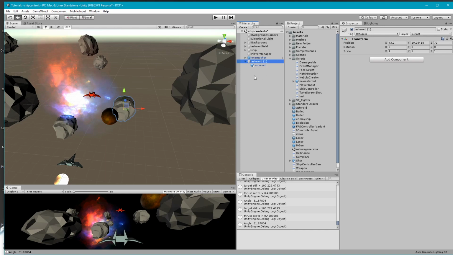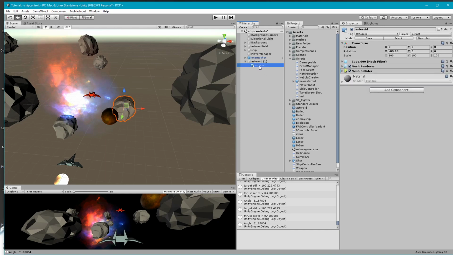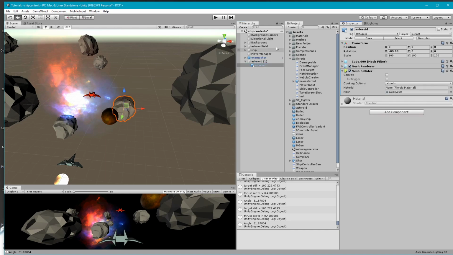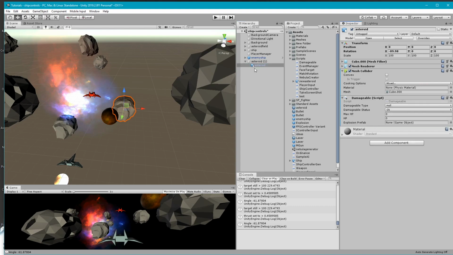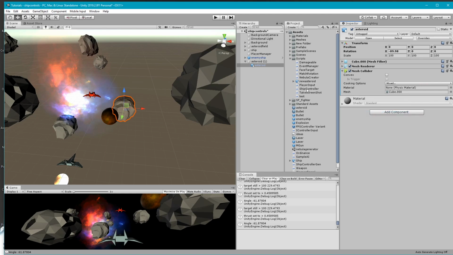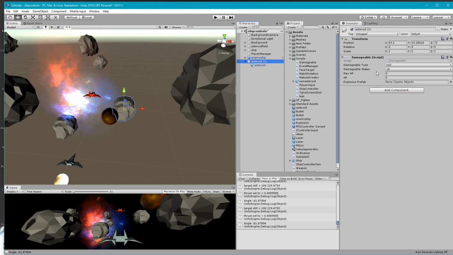So one of the technicalities of doing this, and I haven't quite mastered this issue, is that you have to do this damageable on this mesh collider. So you could go and search for the mesh collider if you wanted to, but right now ours is just looking for it on our object here. So just drag this onto the mesh part of your object, whatever it is. It could just be your game object if it's a cube or whatever, but you want to make sure you're at the same level as the mesh collider. Okay, that might not matter, but yeah, that might actually matter. Here, I'm going to try that. Okay, so let's just put it on the base of the game object like this,